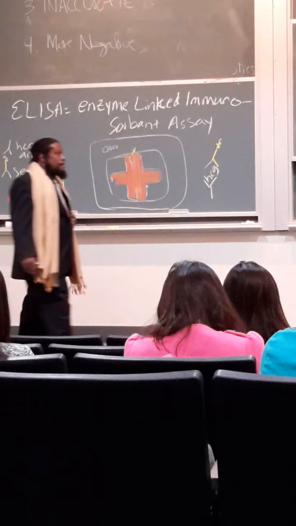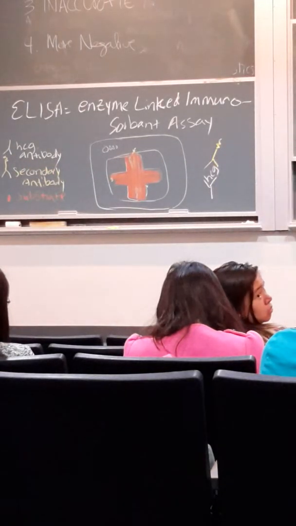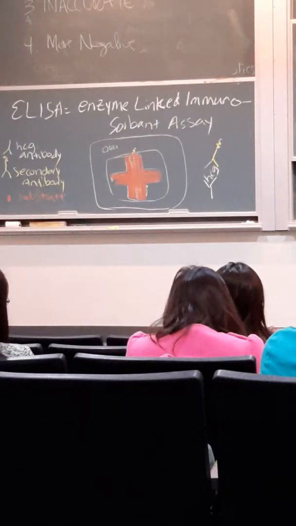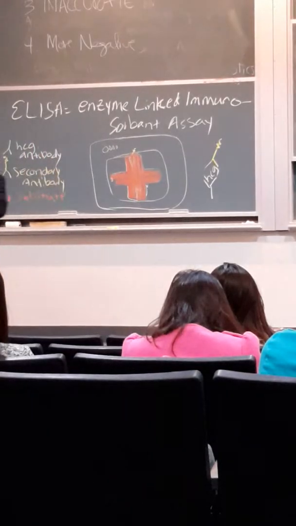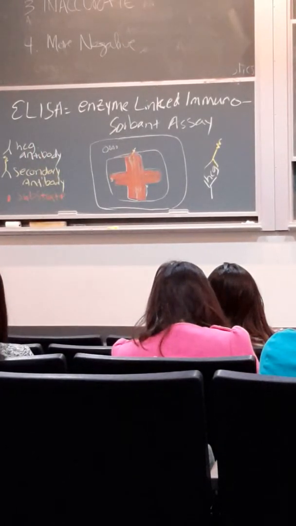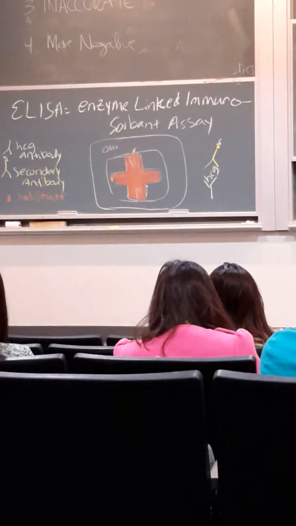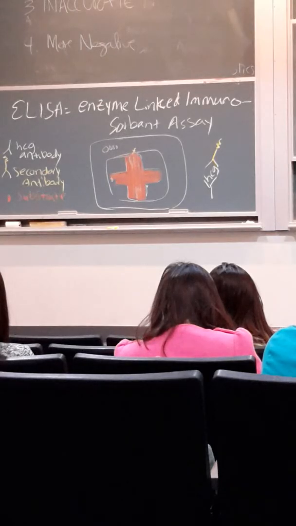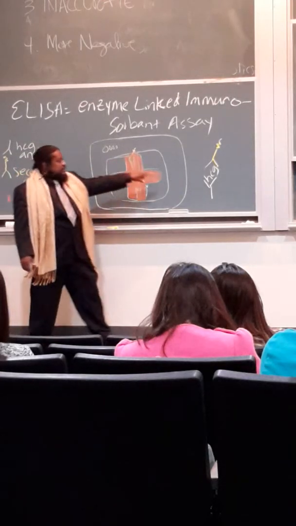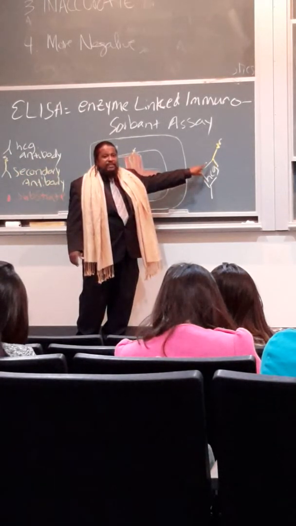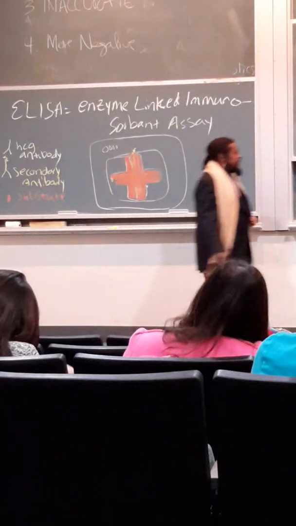Wait, how does it become negative without HCG? Because the bar is just an enzyme, and when you pee in it, you wash down the substrate. So the horizontal one should change color every time. Because it just has the enzyme laid down on the horizontal bar. So it interacts with the substrate and changes color. But again, when you first do it, everything looks like a change. You have to wait. That's why you have to sit and wait for 5 minutes. So this is just an enzyme and the substrate. So the horizontal bar, everybody will show. This, you have to have HCG in order to catch that second antibody. All right, now,